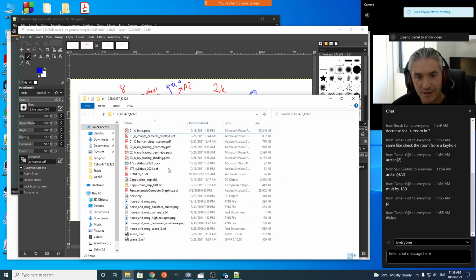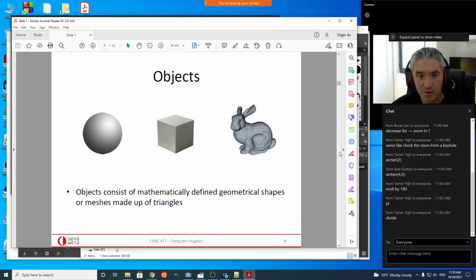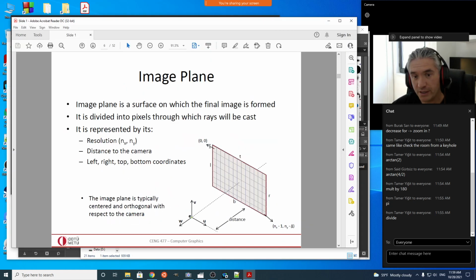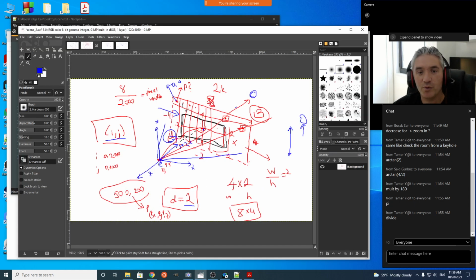So let's see on the slides what that pixel coordinate is, to be consistent with the slides. So let's see, yeah, 0, 0 is actually the top left one. So we are on the same page with the slides. So 0, 0 is here. So it's like the reverse of how our up vector is, right? So we are going to take that into account. But our first job is, given i, j,